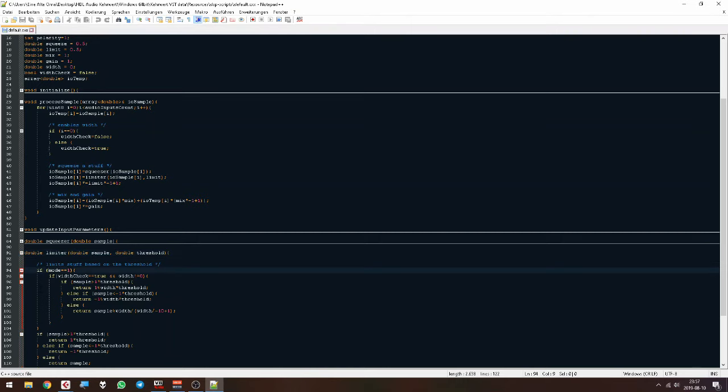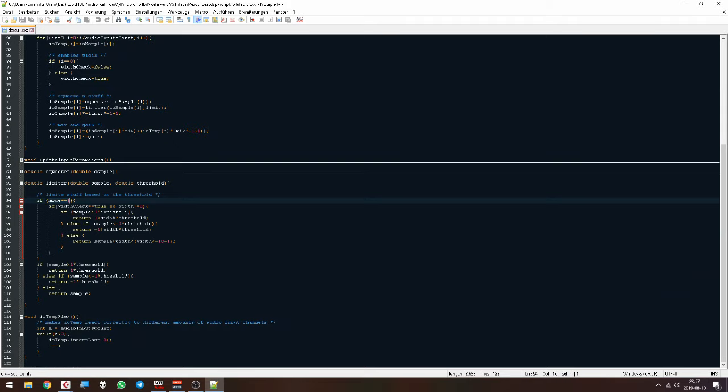So if mode is 1, the limiter works. Wait up. Oh no, that's something different. This is something for the width, I guess. Or is it? Yeah, it has some width stuff, but let's just ignore the width stuff for now and just start from here. If sample is bigger than 1,